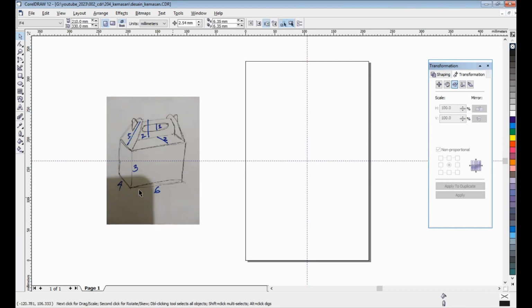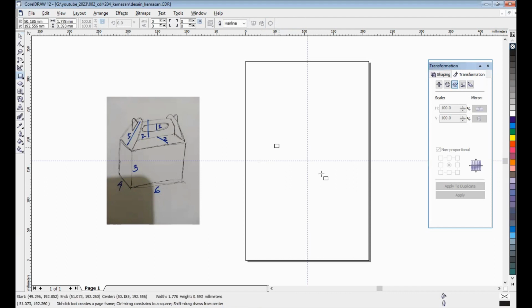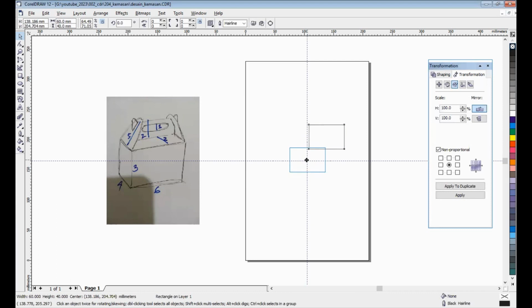Now I will try to make this space 4 and 6. Width 6 and height 4 centimeter, and I take here.